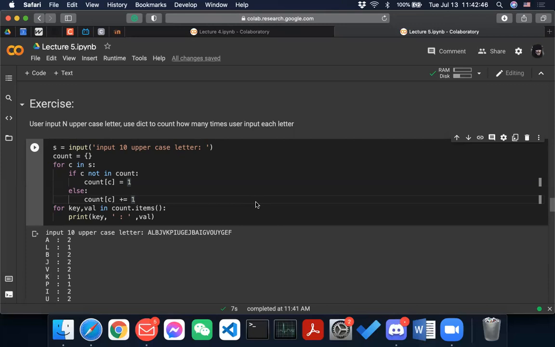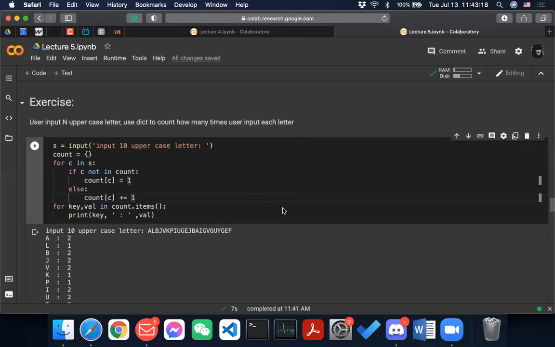So for C in S, I use C for character. So if the character is not in count, count is just a dictionary. If that is not in count, that is the first time it appears, so it equals 1. Else you do plus equal 1, so you have seen it already. Then you output how many times each letter is input.